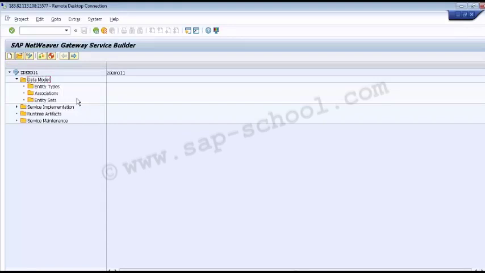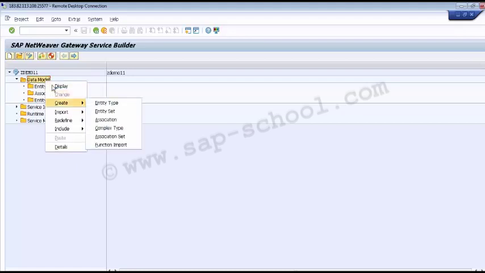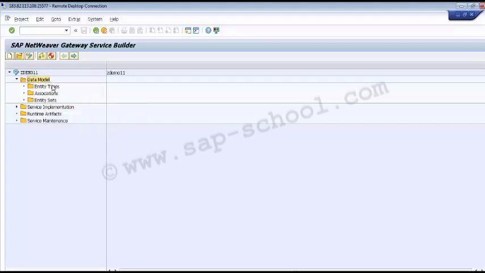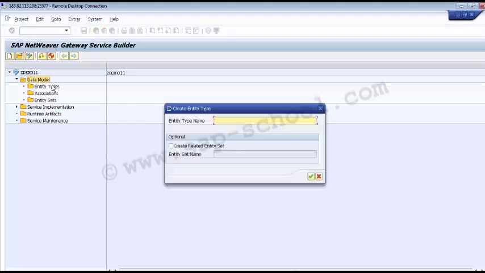To create the entity type, we have to right click the data model folder, then go to create and then entity type. If we click here, a window will appear in which we have to give the entity type name. I have to specify a name for my entity type, and it has to be unique. The names of the entity type and my entity sets have to be unique, and an error will display if a character in the specified name is not allowed. So say I want to give the name as sales.